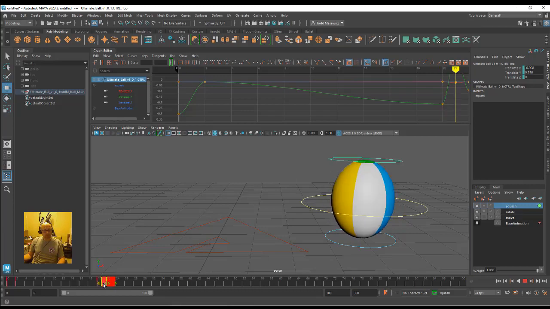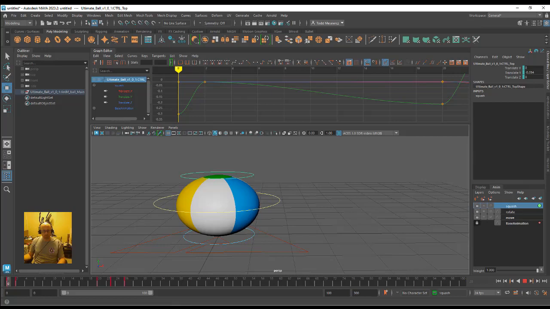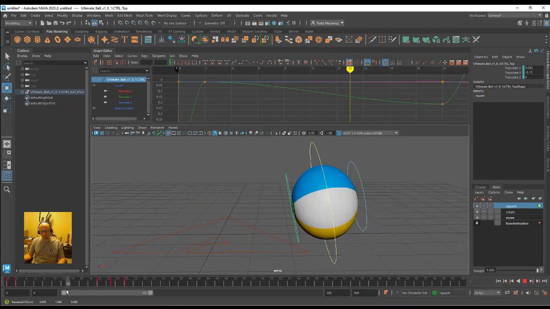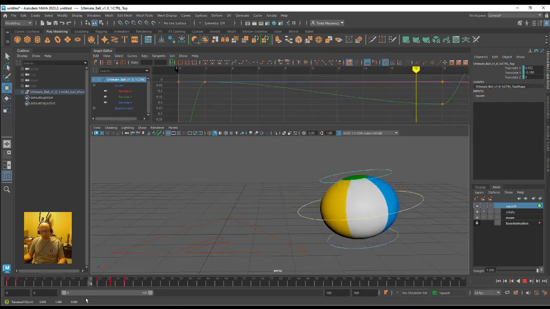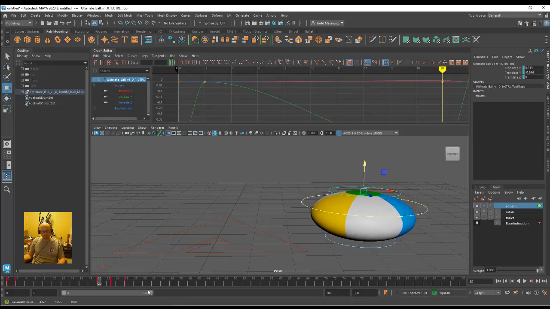Just going to hold down shift, maybe this needs to be a little bit more extreme. Here I think might need to just make this a little bit more